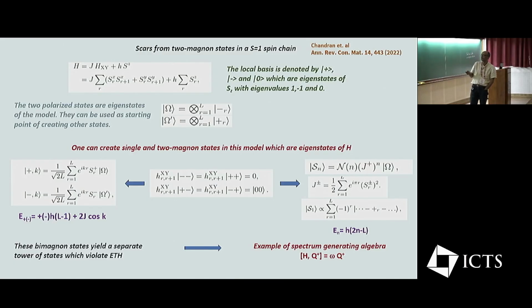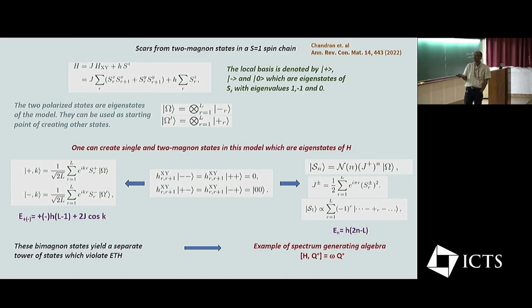So suppose I start from this minus minus state and I apply this S plus operator on one of the sites. So it gives you a 0 out here, okay? However, now when this term acts on it, it gives you a plus on one site and minus on the next site. Now when this H_XY acts on that, it gives you a 0-0 pair. But because of this e to the power i pi r factor, depending on whether you are creating the plus on an even site or odd site, these 0-0 pairs come with different signs, and therefore H_XY completely annihilates that state. And therefore, the energy of these states is essentially the number of flipped spins, which is this E_n equals 2n minus L, and this gives rise to a tower of states and is an example of a spectrum generating algebra, where omega is just this E_n. Okay,